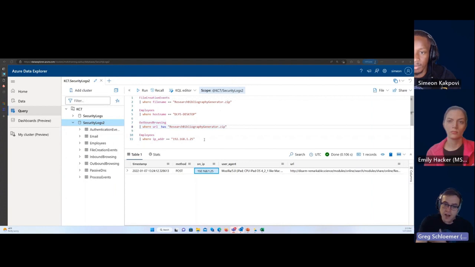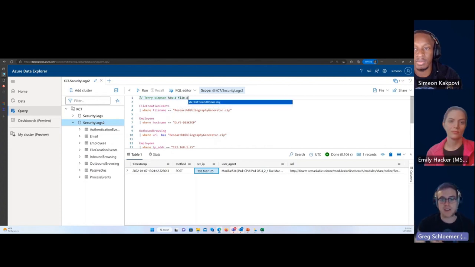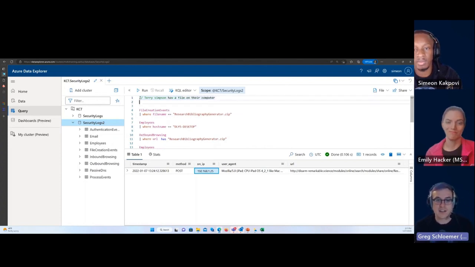So if your boss came in and interrupted you at this point in your investigation and said, what have you found? You're not going to say, well, I looked in the file creation events table and I looked for this file name and I saw that it had this file hash and it was tied to this host name. They don't care, right? You want to be able to tell that story, not only to someone else, but to yourself, so you can keep yourself on track with the investigation.